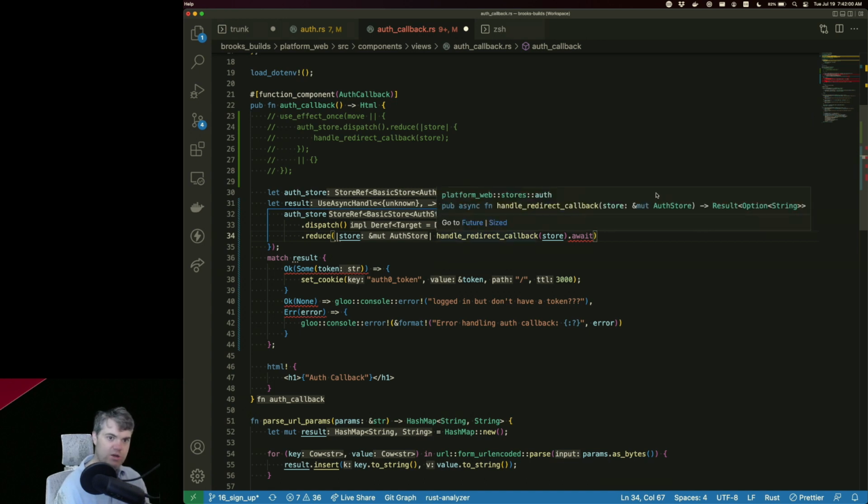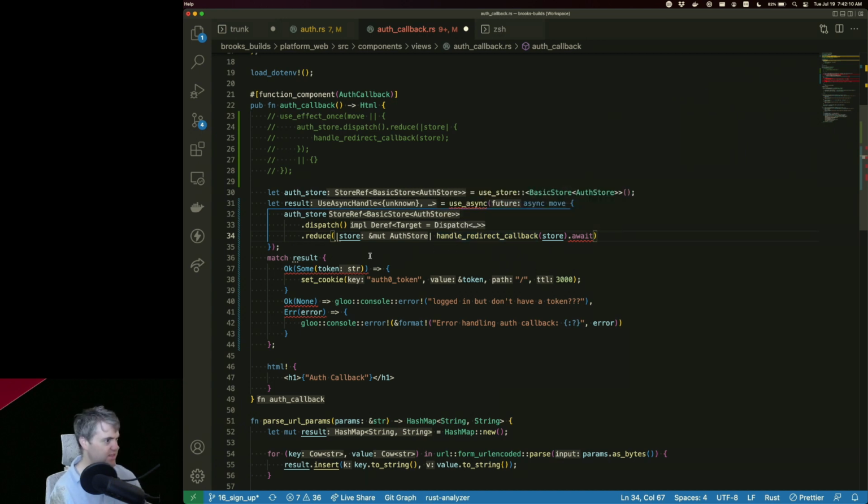Handle redirect callback returns the string. Okay, so given this, I might need to set the cookie inside of auth, and then I don't worry about anything else happening here. We just head off and go do our thing.